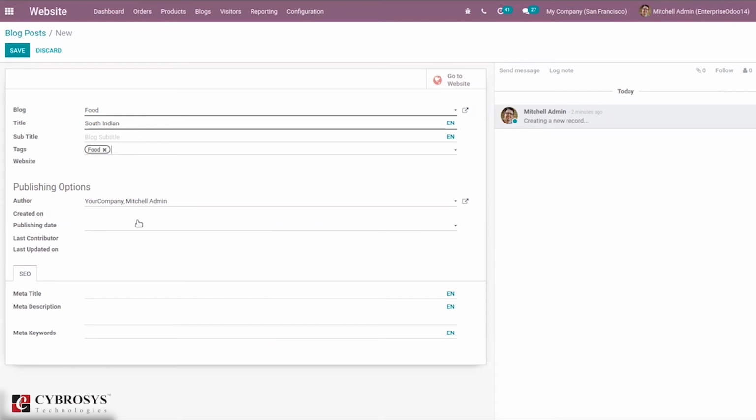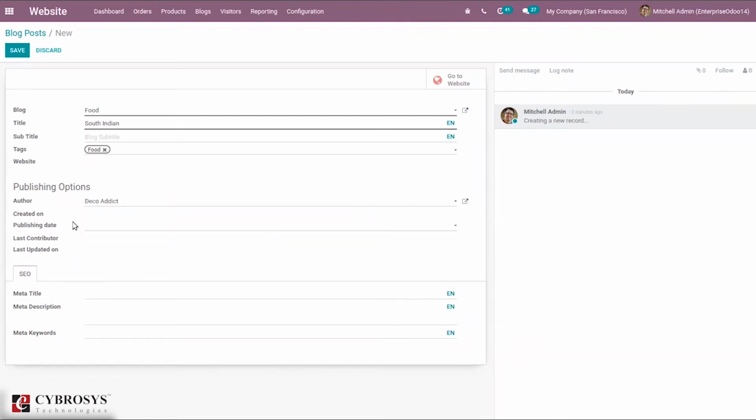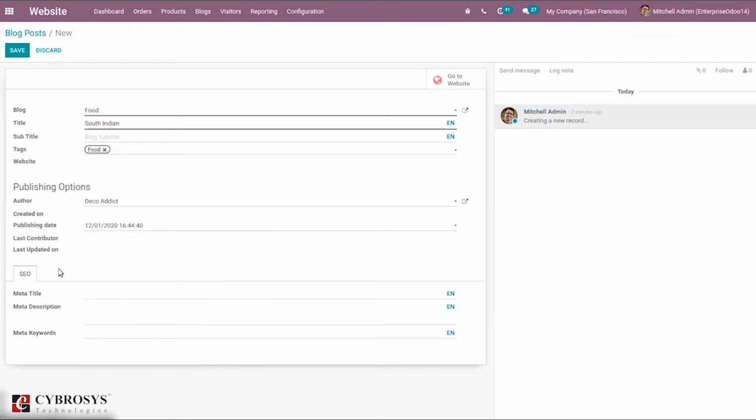Here you can see publishing options, where we can add the author of your blog post. I'm adding Decoedit as the author. Here you can add the published date. Then it is possible to see the last contributor and last updated date, which will be updated automatically.